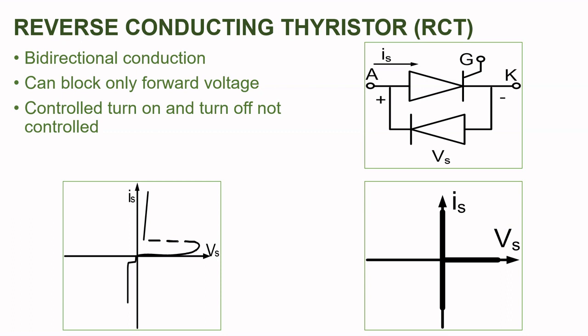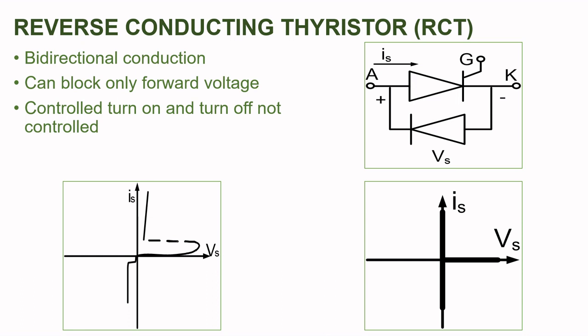Our next device is reverse conducting thyristor or RCT. RCT is a bidirectional device. That means it can conduct from anode to cathode or cathode to anode. But RCT can block voltages only in the forward direction. That means when anode is at higher potential with respect to cathode, only under this condition RCT can block the